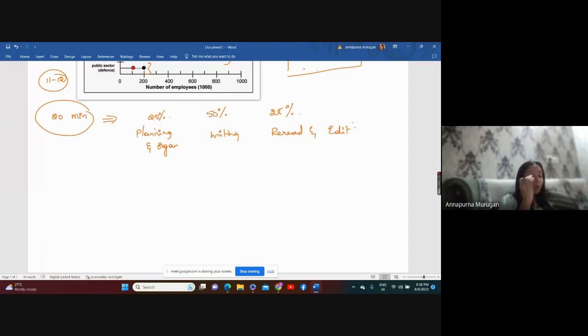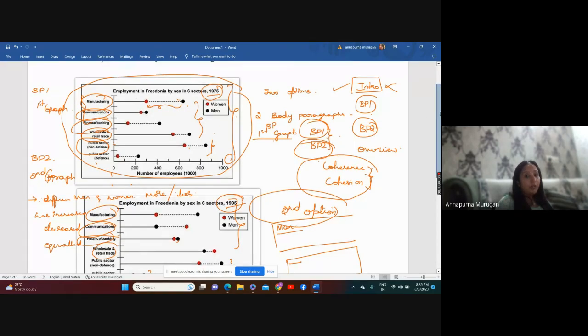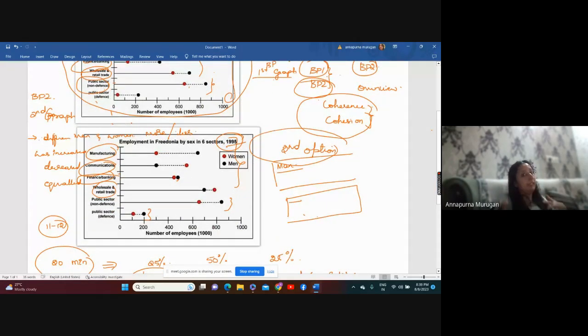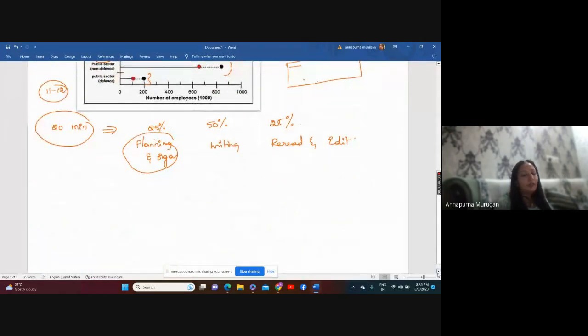Now, I'll tell the importance of each of them. Planning and organizing. See, now what did we do? We planned up. We decided what we are going to put in the first paragraph, what we are going to put in the second paragraph. So when you know what you are going to write in the paragraphs, when you have learned the graph, you have analyzed the graph. Without analyzing the graph, you cannot just randomly see and write it. If you randomly see and write it, then you end up giving ordinary ideas, because of which your scores will not go up.